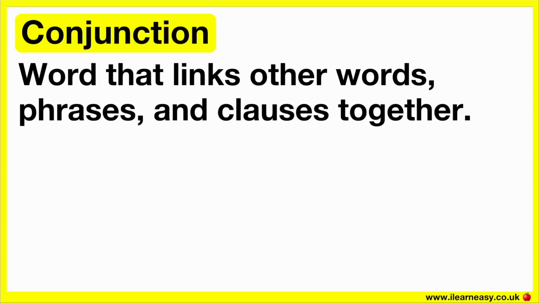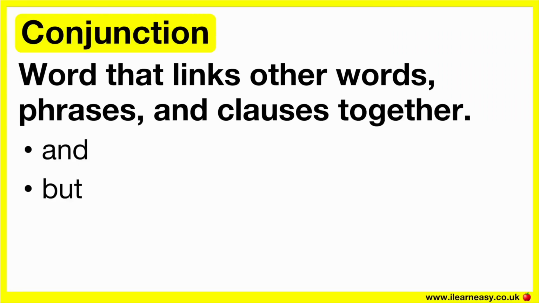A conjunction is a word that links other words, phrases, and clauses together. So a conjunction is a linking word. By linking different parts of sentences, conjunctions allow us to formulate longer and complex sentences. Some examples of conjunctions are